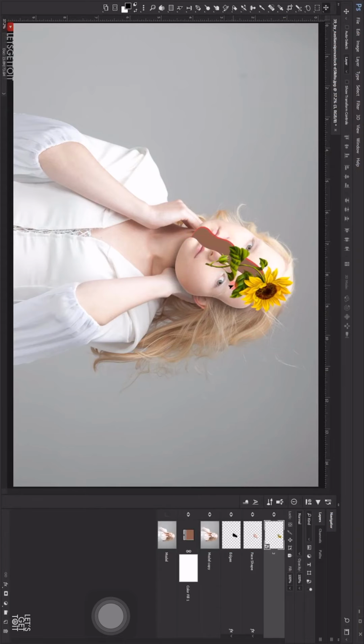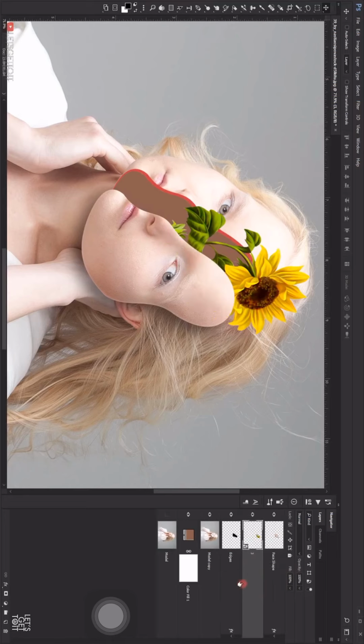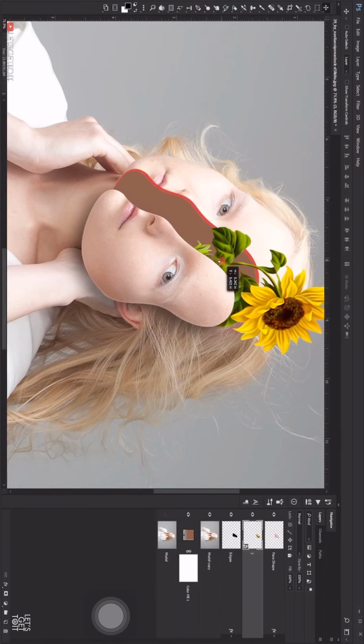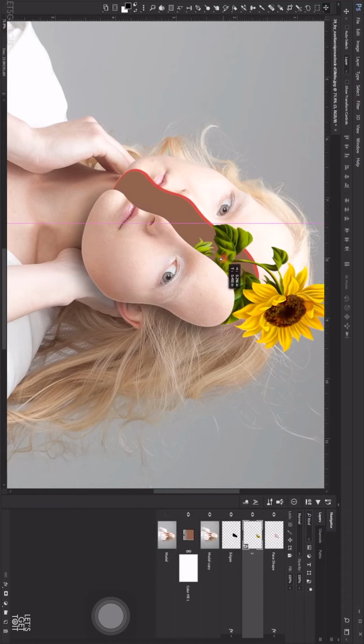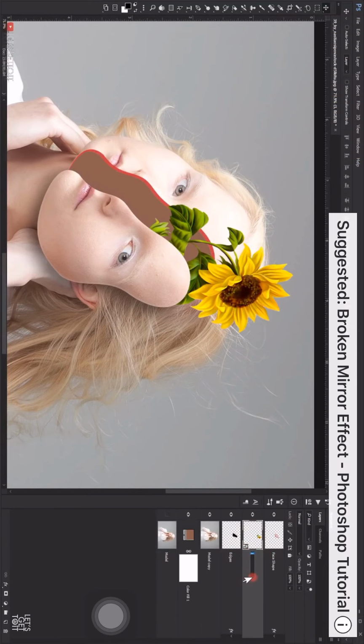Alright, so the idea is to make this flower look like it's coming from the inside of the face. So what I'm gonna do is I will take it and put it under the face shape in here, and as you can see, this will make it look like it's coming from the inside, but I'm gonna hide this part of the leaf in here, and I will maybe move it a little bit to the top, just a bit. Alright, and then I'm gonna select the flower file. Let me name it flower 1,